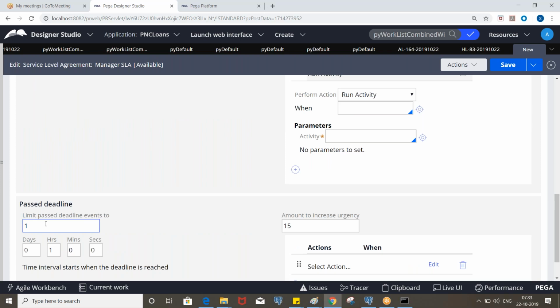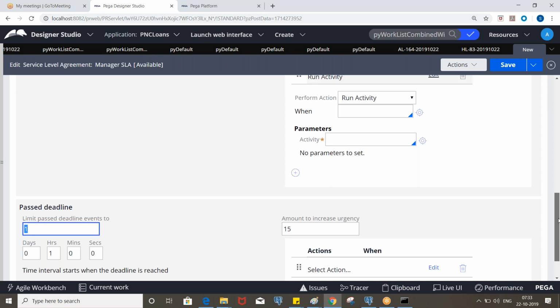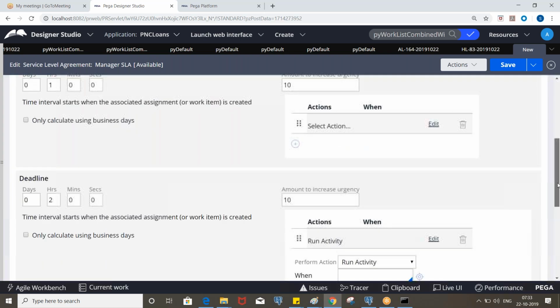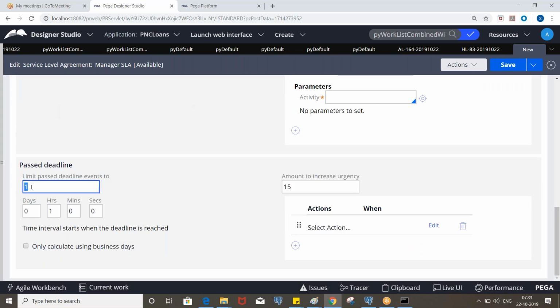And here, if you look at past deadline, we have a number of events option. This option is not available for goal and deadline. That means here we can set the number of events, let's say 5. For every 1 hour, this action will be executed 5 times. Let's say in an organization you are not filling the timesheet, and you frequently receive emails automatically saying that the timesheet is due.